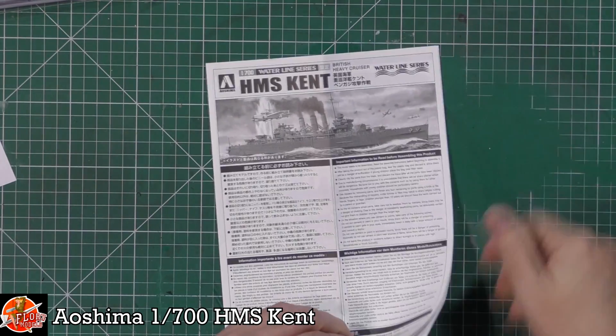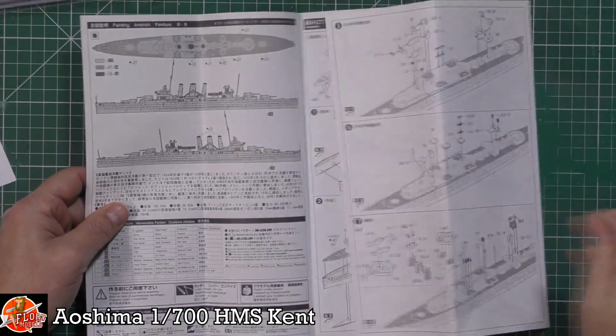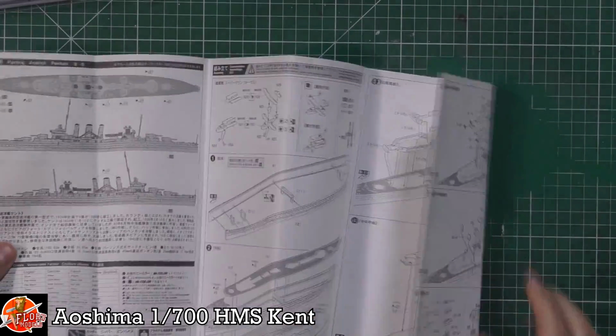Unfortunately, it's got a big crease down the middle. I do apologise. Right, we're going to pull it out anyway. Fair enough, that makes it a little bit easier. So